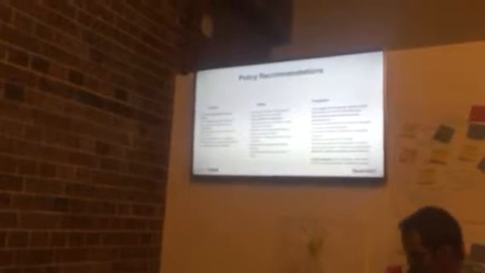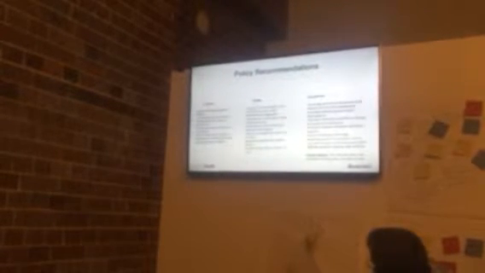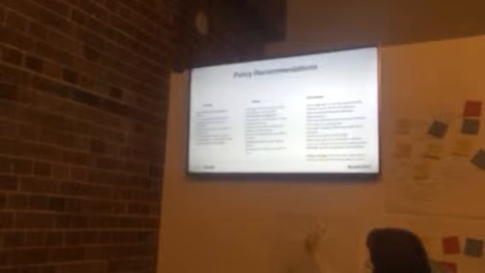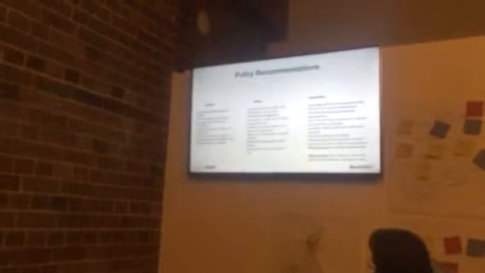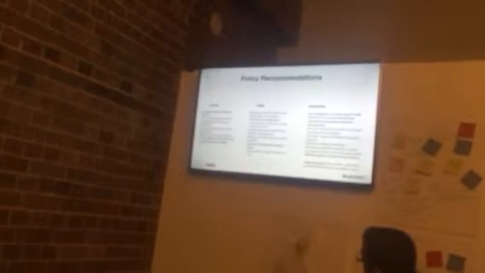So our policy recommendations, I won't go through them all, across three groups. So for access, examples being open and standards-based by default, so a whitelist, so the default being that the government will publish data and needs to have a good reason why they won't. Government to invest in free tools to remove friction for accessing the data. As far as rules go, that there be federal, state, and local alignment. There has to be, this is a scale business. And also a reputation system so that people are participating in the ecosystem in the same way we're used to, like an Uber 5-star rating. The ecosystem as a whole keeps everybody honest.